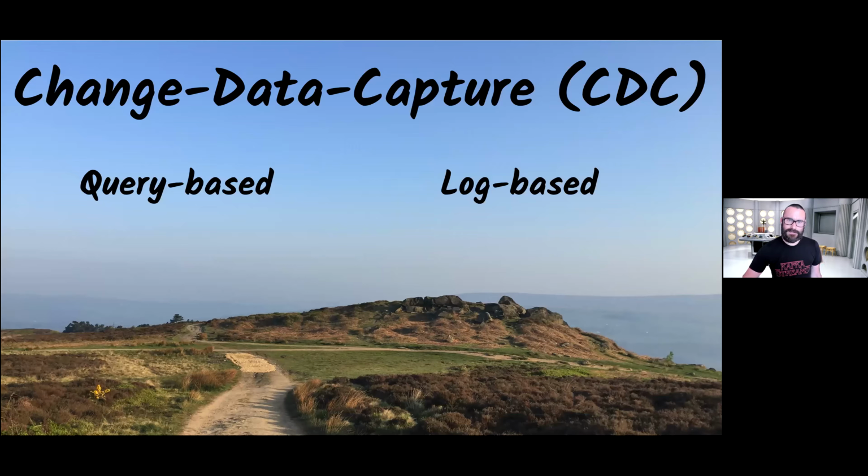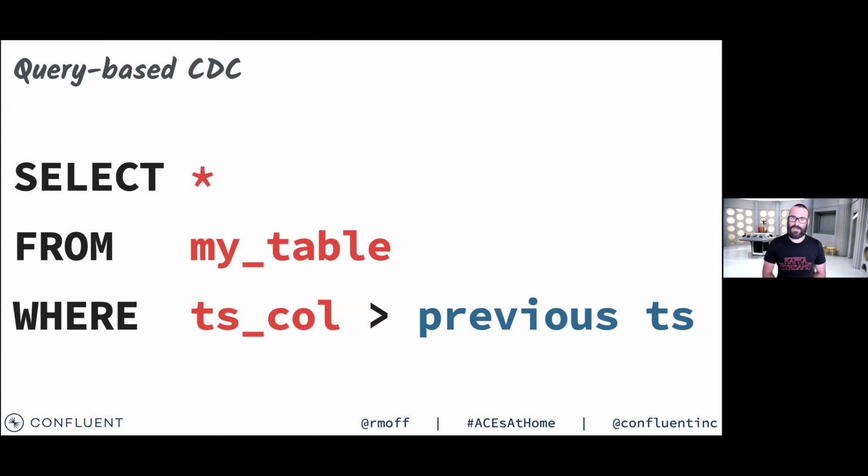So Kafka Connect is the way that we're going to get data between systems like Oracle upstream into Kafka and from Kafka down to other systems. And there's two different ways of doing CDC, which is what we're going to use to hook into Kafka Connect to get our data out of the database. And a lot of the time you say CDC to someone, they usually think of like, oh, transaction logs. But there's also another way of doing change data capture. And particularly with Kafka, it's important to understand the two different approaches that are available because they've each got pros and cons. So the first type is query-based change data capture.